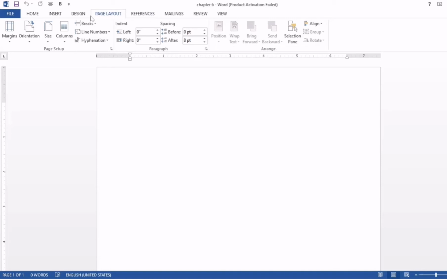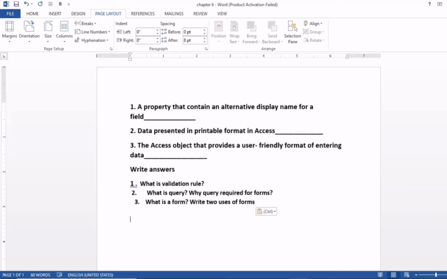Now we work today in Word, so we write some text here. Now first go to the page layout tab and see this here. First is margins.